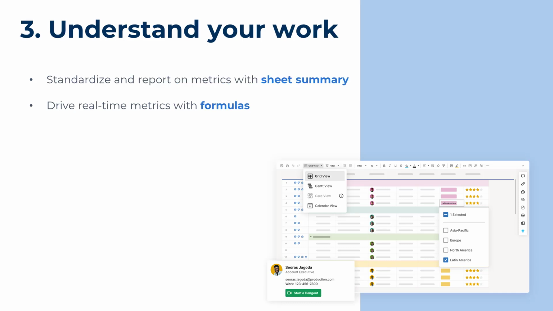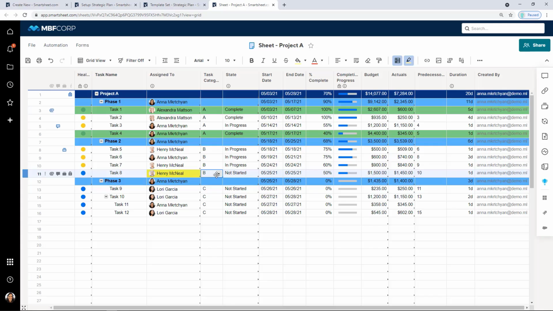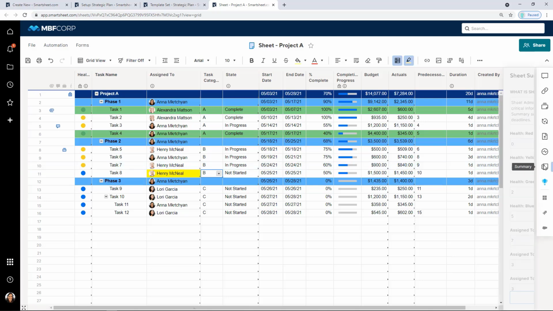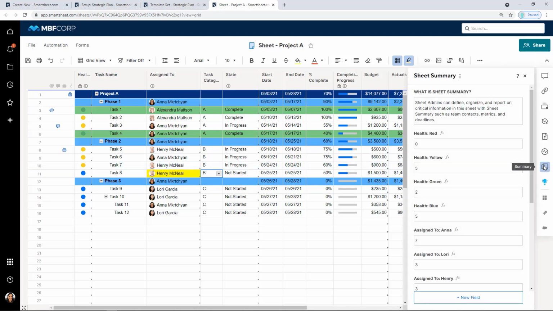Next, let's talk about how to understand all of this work. So we'll move over to the right side of the sheet and select our sheet summary button. Now, the right side of the sheet you'll see has several different options, and a lot of these we're going to talk about in our collaboration section. I want to focus on sheet summary because sheet summary is where you're able to really understand your work in several ways. If, for example, you have a project or a program, sheet summary is a great way to, 1,